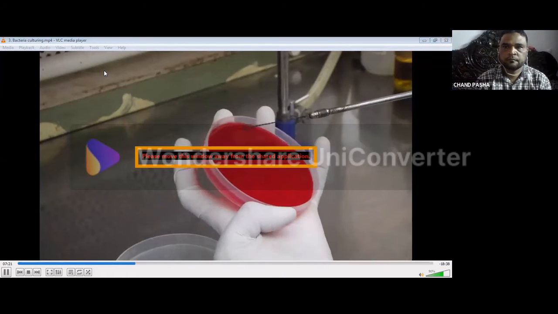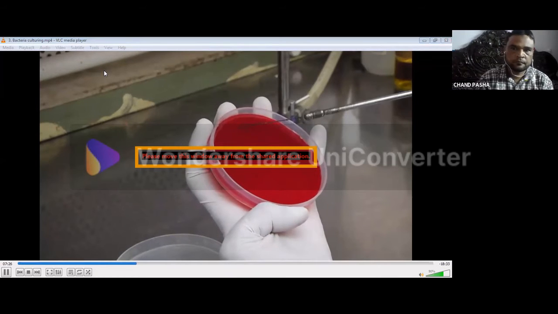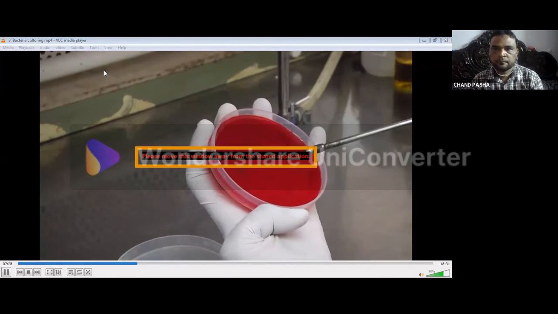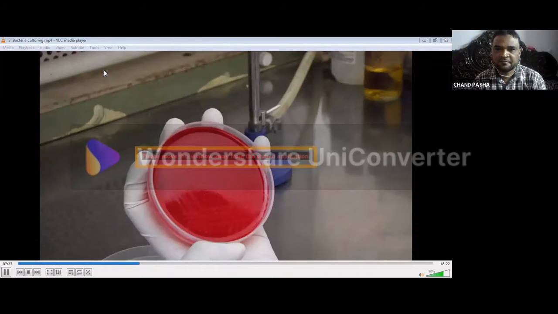Then draw 3 or 4 parallel lines from the area B onto the fresh surface of the medium. Repeat the process till the surface of the medium is adequately covered, taking care to sterilize the loop after each inoculation. At each step, the inoculum is derived from the most distal part of the immediately preceding strokes.